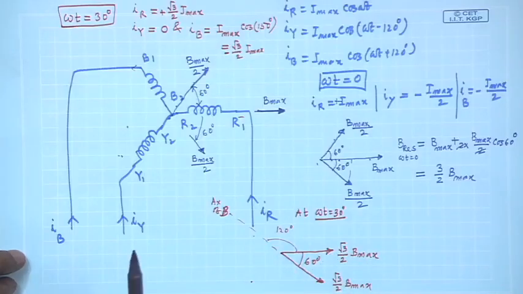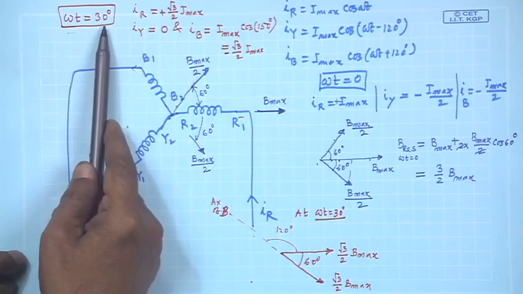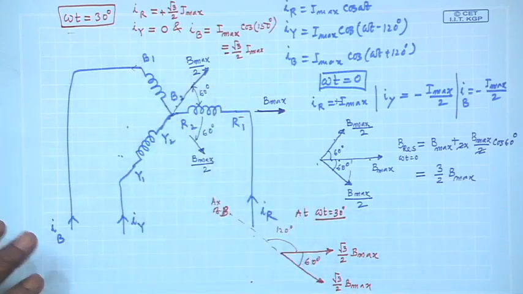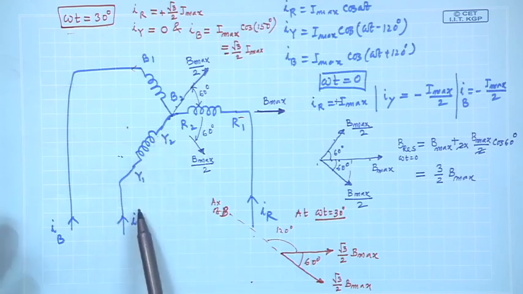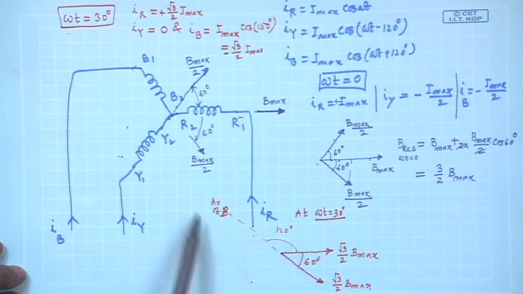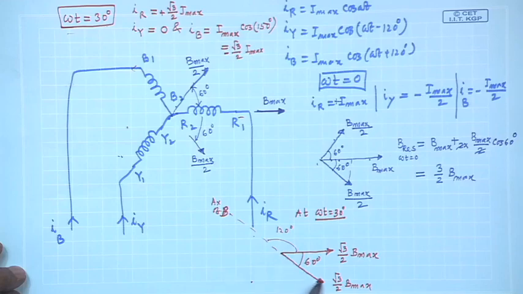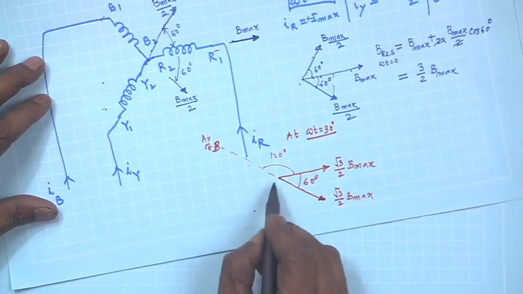Welcome. So, we were doing this trying to find out the resultant field when time is such that omega t equals 30 degree. All angles are electrical, okay, fine. So, I found out the R phase field; Y phase field is not there. The axis of B is 120 degree apart and it is carrying negative current, therefore, the field will be like this. So, the resultant field will then lie here